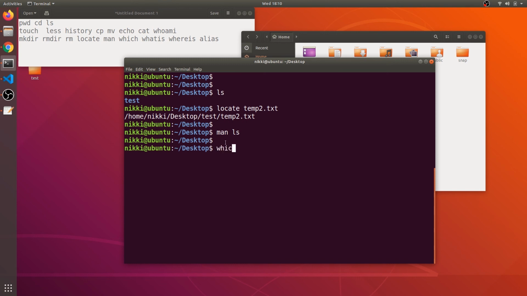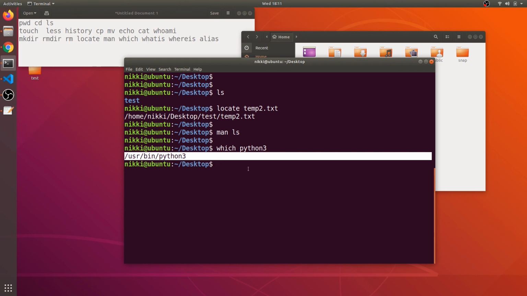And the next command we want to see is the which command. This which command is used to test whether the software has been installed or not, and it just outputs the directory where the software has been installed. Let's say which python3. So /usr/bin/python3. So my python3 binary is in /usr/bin/python3.